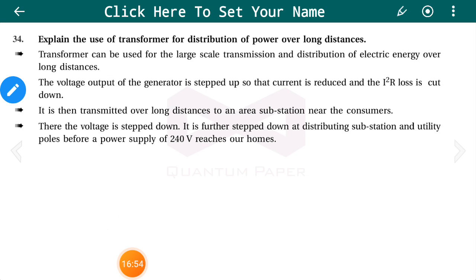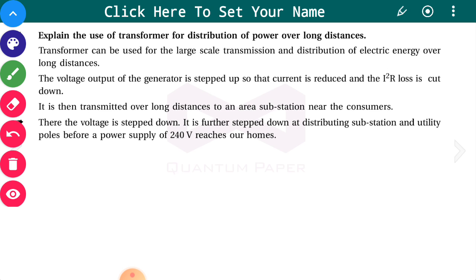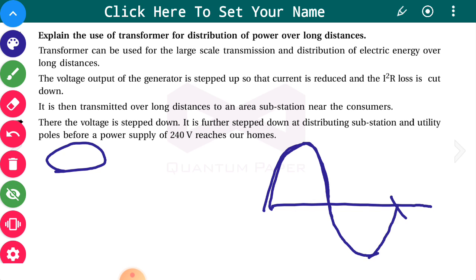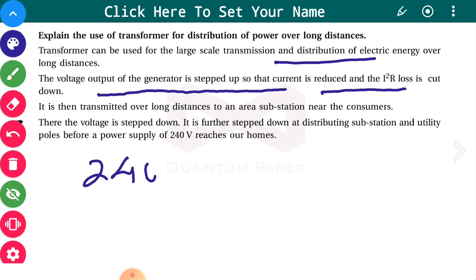Now this is the use of transformer for distribution of power over long distance. Transformer can be used for large scale transmission and distribution of electrical power over long distance. The voltage output of the generator is stepped up so that current is reduced and I square R loss is cut down. Wherever there is a power generation, say for example you have 240 volt and 5 ampere current, then